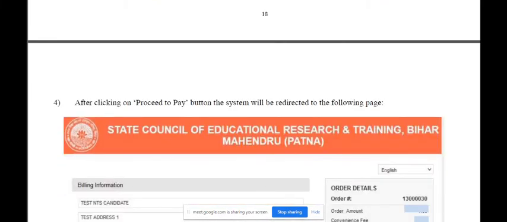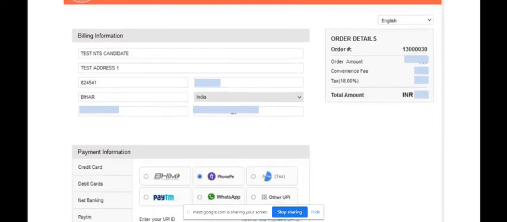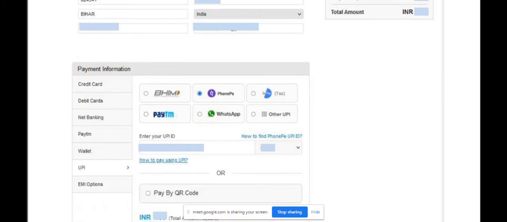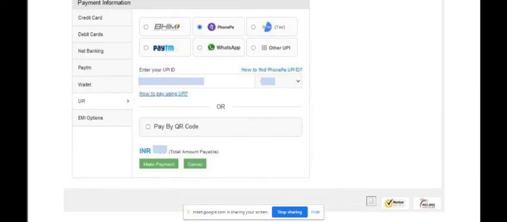After proceeding you will get one information window like this. Here it will show all the details. You can make payment using debit card, credit card, net banking, or UPI. Use UPI, it is easier. Click on pay by QR code. You will get a QR code, scan it with your mobile phone. You can easily pay it. Click on make payment,